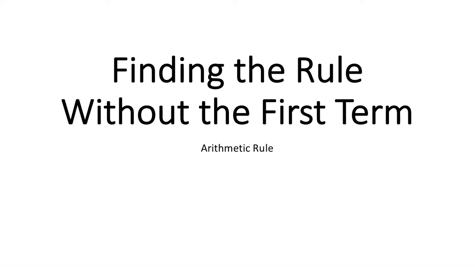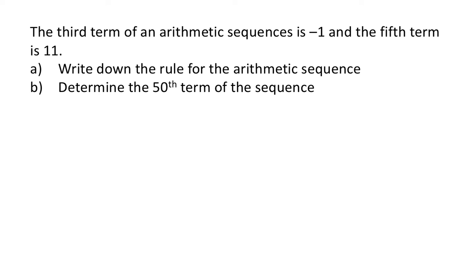In this video, we're going to have a look at finding the rule for an arithmetic term without knowing the first term within the sequence if we know the location and the value of two other terms within that sequence. So in this example, the third term of an arithmetic sequence is -1 and the fifth term is 11. So we want to write down what the rule is for that arithmetic sequence and then determine the 50th term